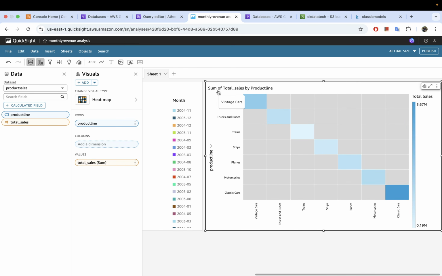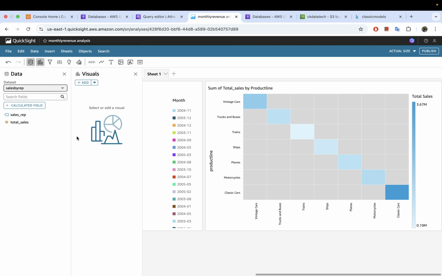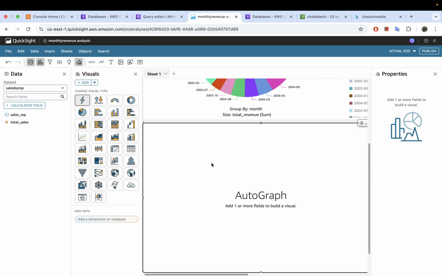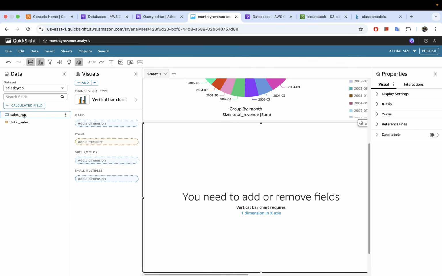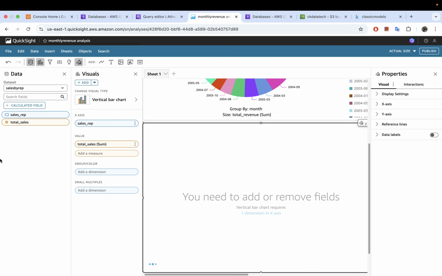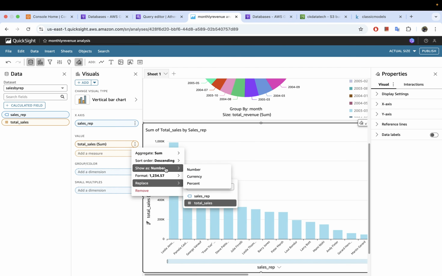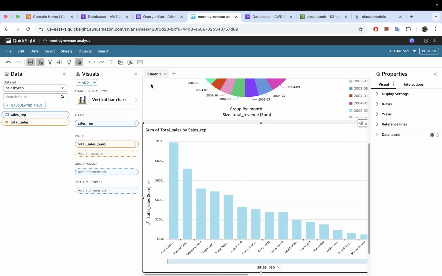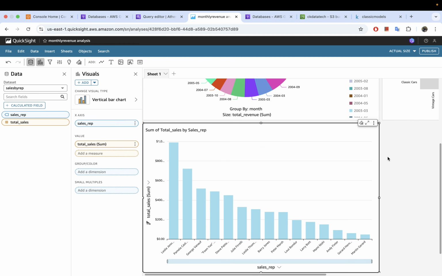So this one is also sum of total sales by product line, and we can do this one as currency as well. Okay, and then let's add another visual here for sales by rep, right? So we can do sales by rep, and then we can add the visual here, and we can do this one maybe vertical pie chart like so, and then we can just add the sales rep here and the total sales as well, and we can put this one to be currency as well. Okay, all right, lovely. Now you have your three charts here